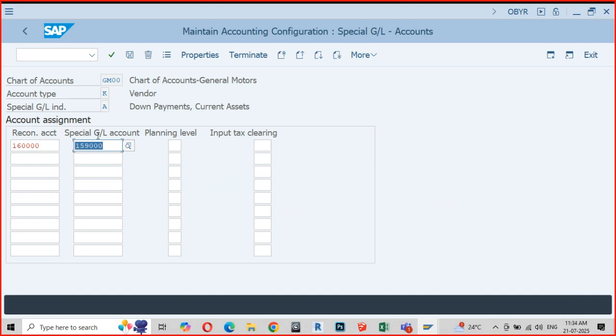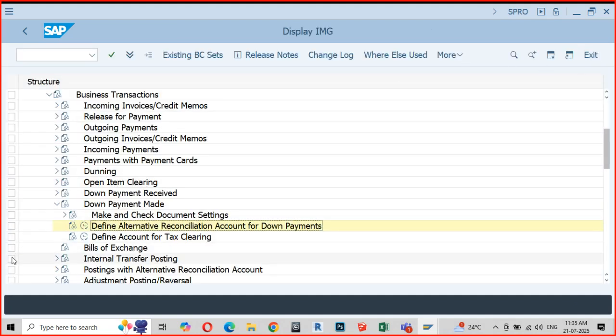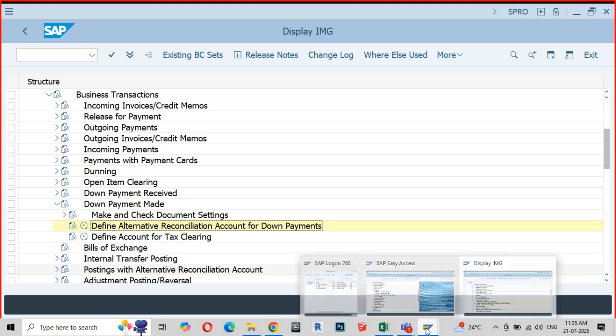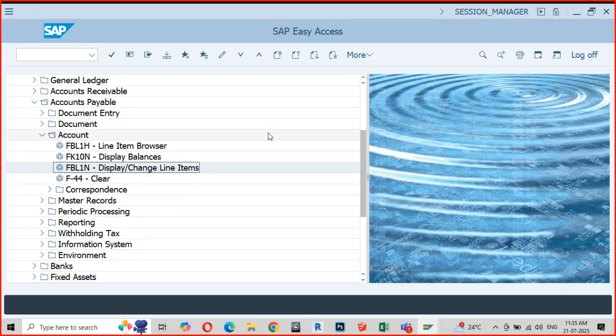For the special general ledger to accept the special GL transaction, it is 159,000, which I would have defined in my operational chart of accounts as a reconciliation account to accept the special general ledger transactions pertaining to the vendor. Clear? Now I have ensured this. Now my job is over. Consultant's job is over. I'll exit out. Now I will start the operations from the end user perspective.